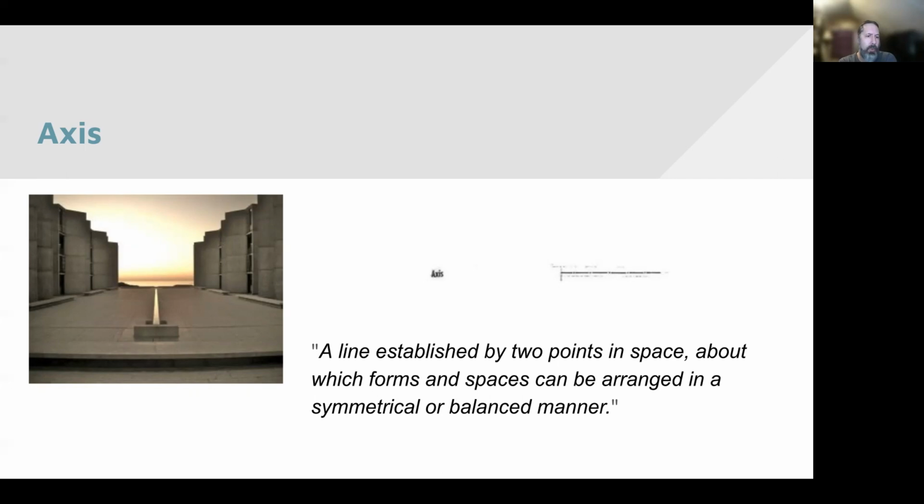One of those would be the horizon line, and things being organized from left to right on the horizon line. Things above it, things below it. And then the second is that central line we see driving up through the center of the structure, and things being ordered on the left and right of that